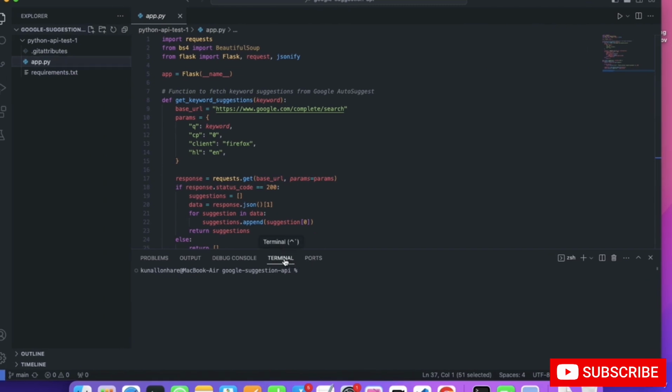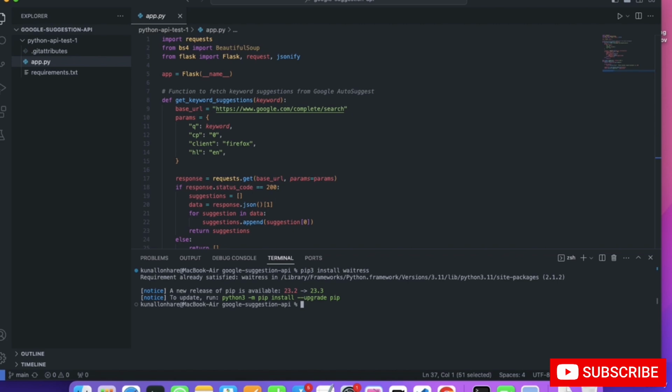And after you do this, my friends, you just need to go to your Python file again, open it, go to the terminal and just paste that here. Okay, pip install waitress and click on enter. In my case I will use python3, but in your case you have to use pip install waitress. Click on the enter button and it will install. In my case it is already installed.